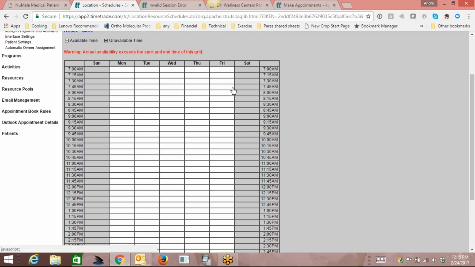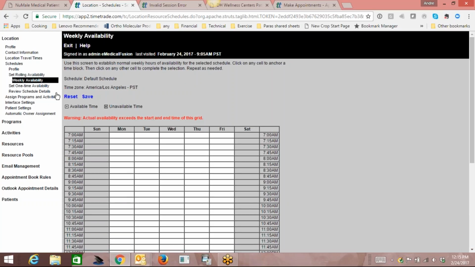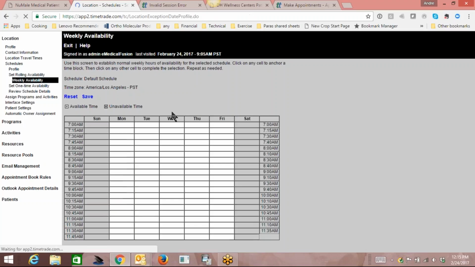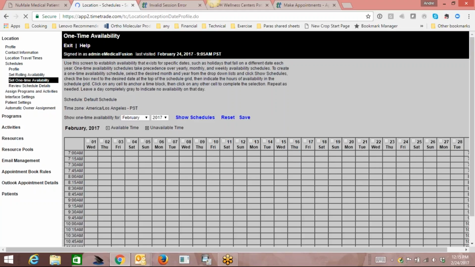Keep in mind, this is the location grid, not what your real hours are going to be. We're going to set that later. So I'm going to go ahead and save that at the location level. Now, also at the location level is where I can set my holidays if I want to close the place